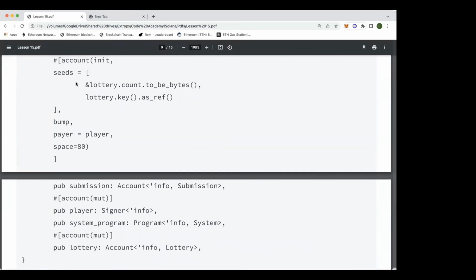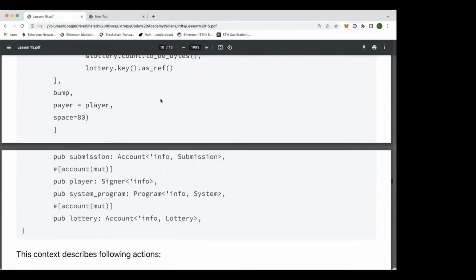And so that is what we're specifying here. We're specifying how the seeds that we want to use in our creation of the account are to be decided. And for this, we have a particular piece of state, which is a counter that we're going to use. And so that's the basis then for our seed derivation,